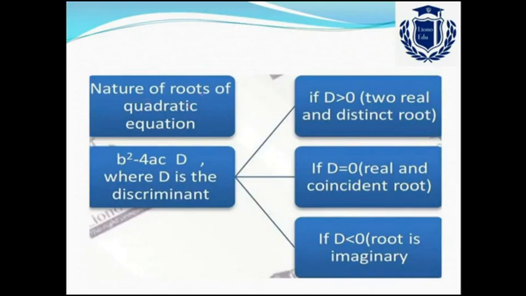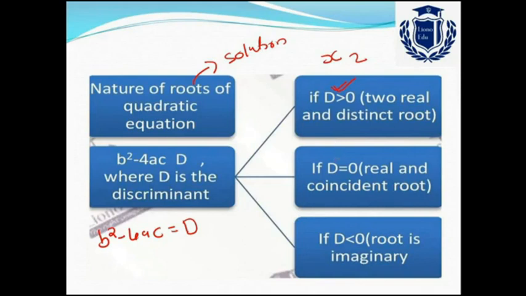Now, nature of roots of quadratic equation. Roots means solution. Okay. What is the nature of the solution? So, in order to know that, we have b square minus 4ac. This is known as the discriminant and we represent it using the capital letter D. If this discriminant is greater than 0, then x will have 2 real and different values. Okay. If one is 2, then the other will be any other real number. There will be 2 solutions, but they would be different.